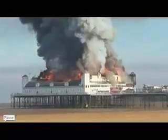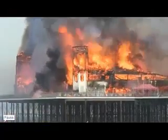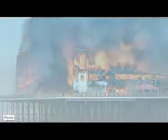July 2008 and Weston-super-Mare's famous Grand Pier is on fire. Millions watch in shock as the much-loved pavilion is reduced to a smouldering tangle of metal. But today, against all the odds, the owners have crazy ambitions, not just for spectacular new attractions, but to reopen in just 6 months. The fire happened under our watch, and